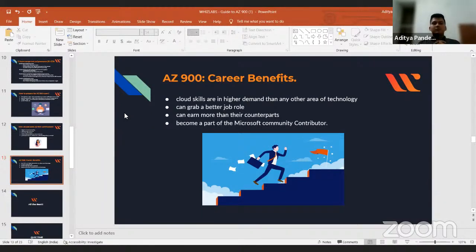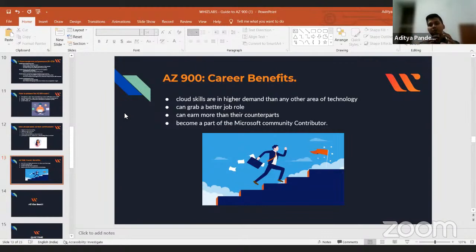Also, if you prepare for or clear this AZ-900 certification examination, you get a chance to become a part of the Microsoft community contributors, right? You can become a Microsoft community contributor, because if you have a better understanding of Azure cloud AZ-900, you have the capability of teaching people.